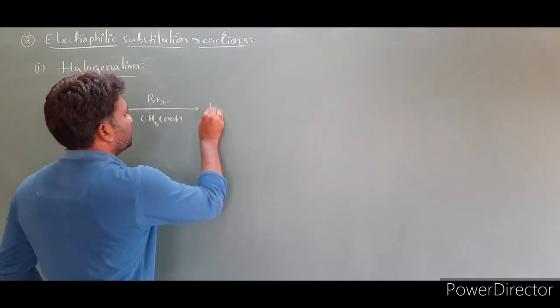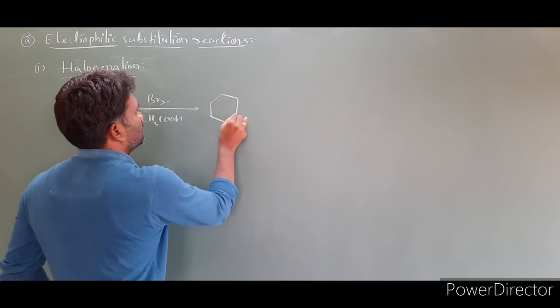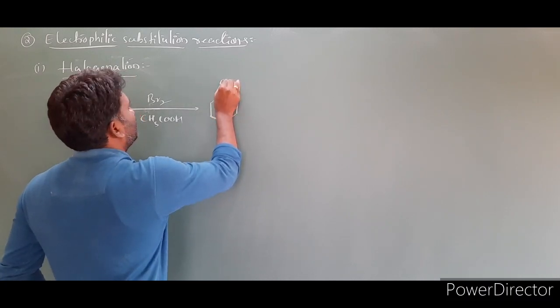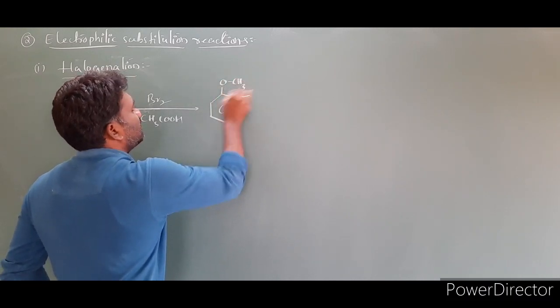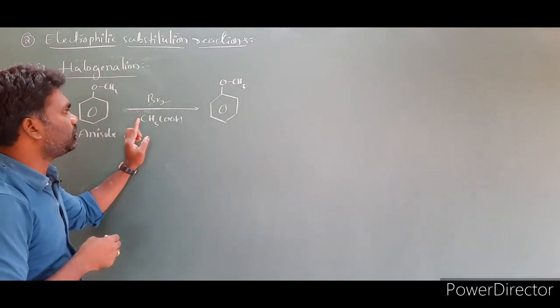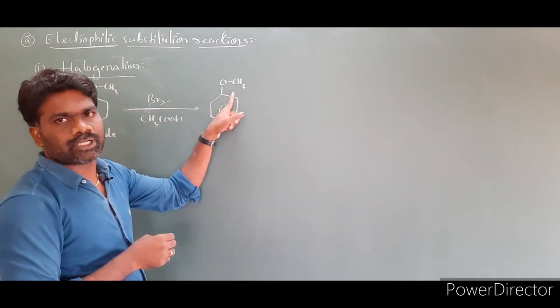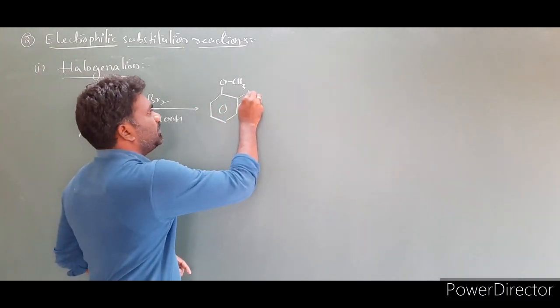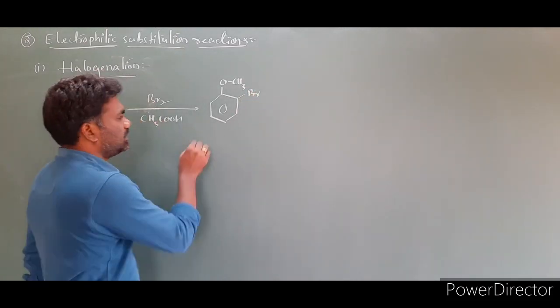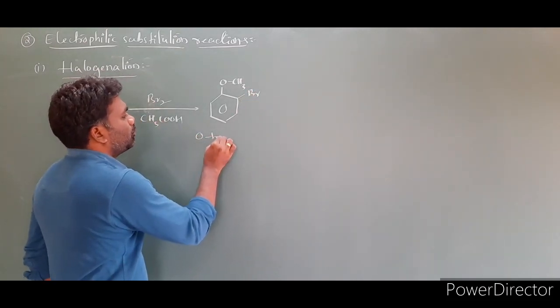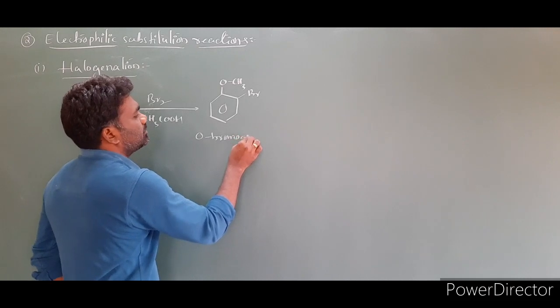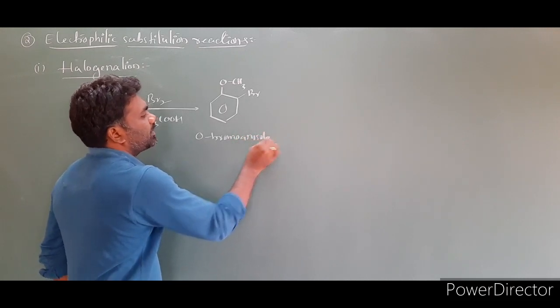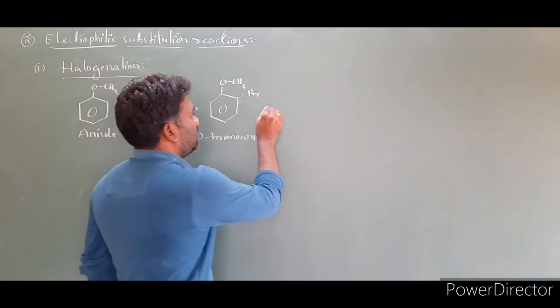What is the product we can expect here? OCH3 remains the same. I already said the product is formed at the ortho position and para position. Bromine will be substituted at the ortho position. This is ortho-bromoanisole. One product is ortho-bromoanisole and another product is